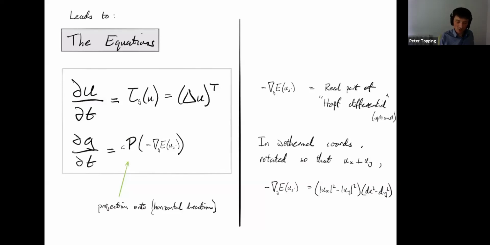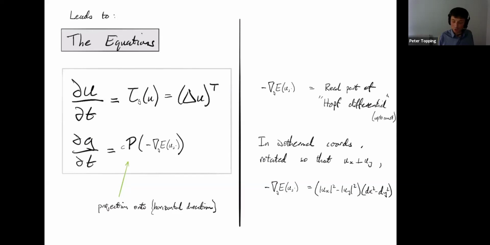This gradient maybe is nice to see from a PDE point of view what that actually looks like, and that's also very easy to explain, particularly if you know what the Hopf differential is. Actually, it means different things to different people, but for a harmonic map person, the Hopf differential is essentially giving you, if you take the real part of that, which is a quadratic differential, this gradient. So you don't need to know anything about the Hopf differential or quadratic differentials from now on, because I'm going to write it out just concretely.